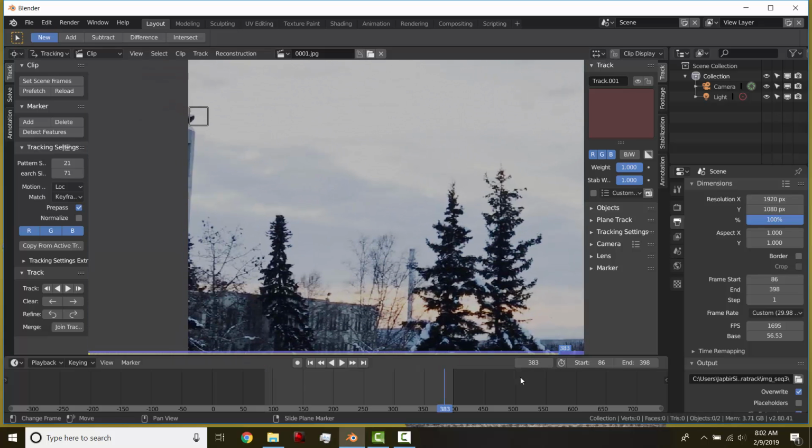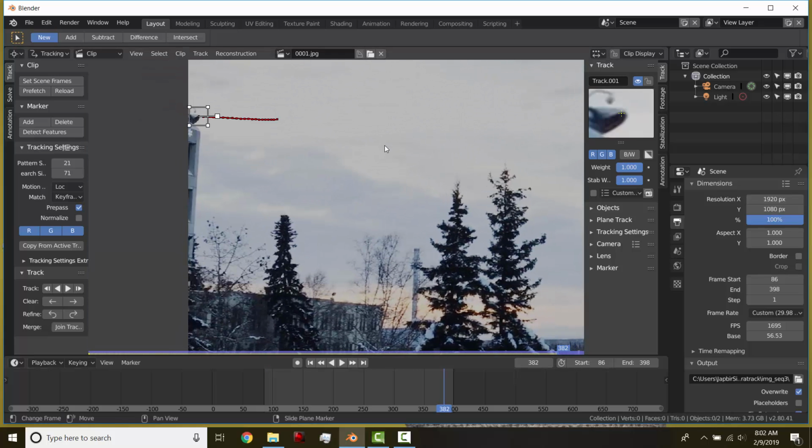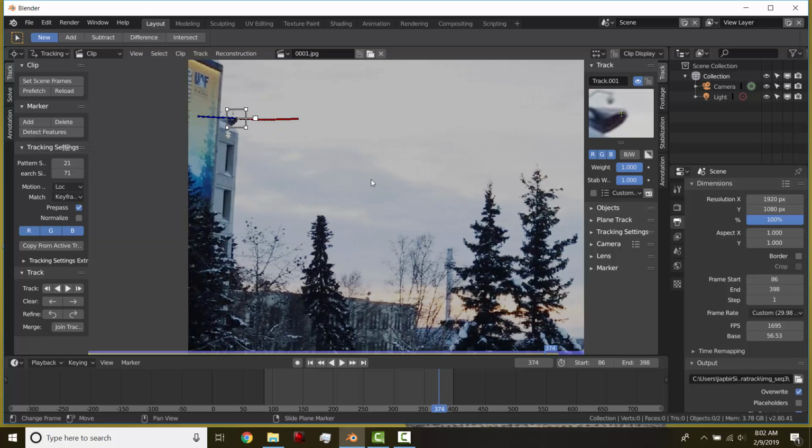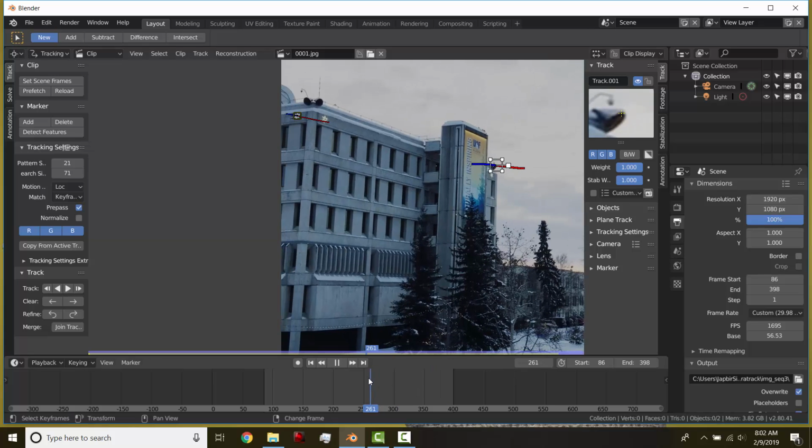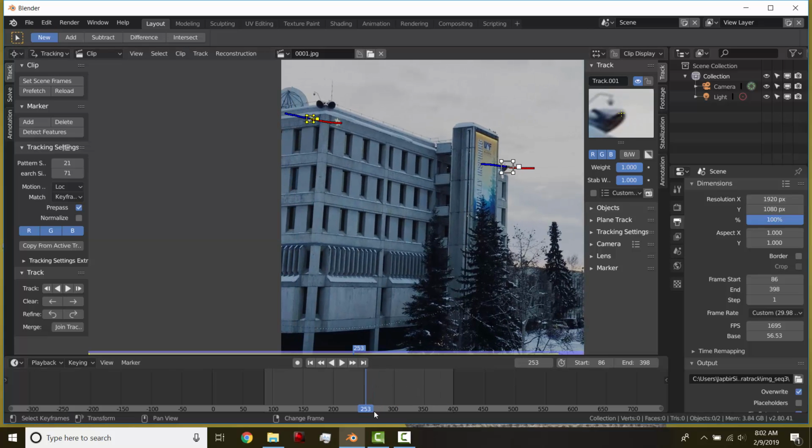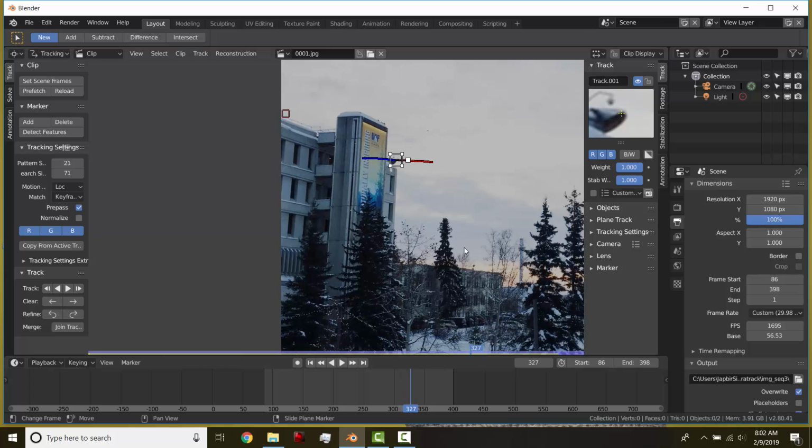And did it last? So it didn't quite make it. And that one seems to hold. You could set up all your tracking points and have them all selected and then hit Control T and track them, but I like to go through and just make sure